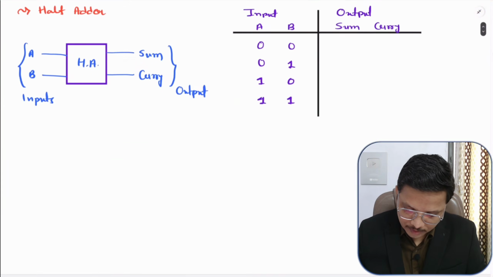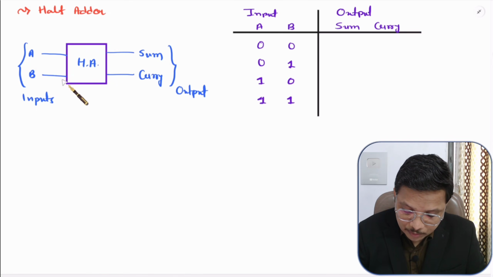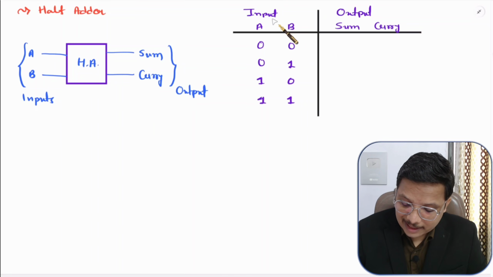Now, my dear students, I'm going to explain how exactly we can have a half adder. I have already explained how we have a half adder, in which 2 lines of inputs are there, and sum and carry will be my output. First of all, I'll explain the table, and based on that, we'll make the physical circuit